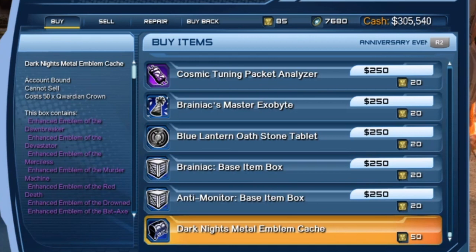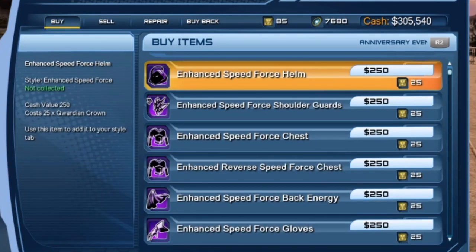Again, they seem to have lowered the price to 50 Quadrant Crowns. So if you missed out on being able to purchase the emblems for the Dawnbreaker, the Merciless, the Murder Machine, the Drowned, and others I failed to mention, now you have the chance to do so. You should have roughly 1 month to be able to farm for Quadrant Crowns and to purchase the items you need. And seeing how I already have 85 Quadrant Crowns from last year, let us purchase the headpiece,